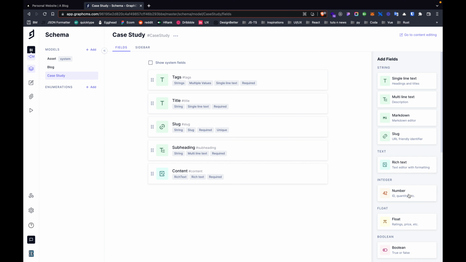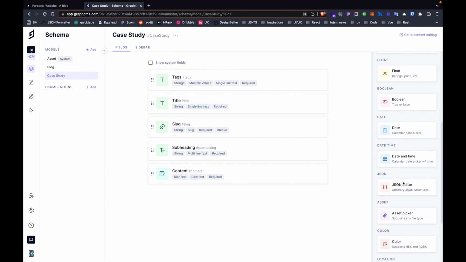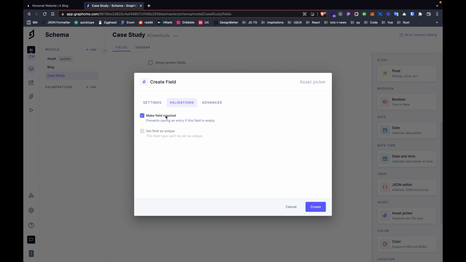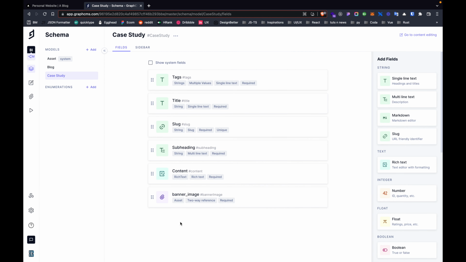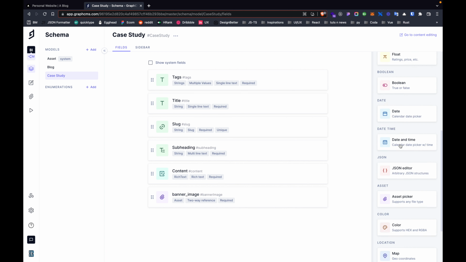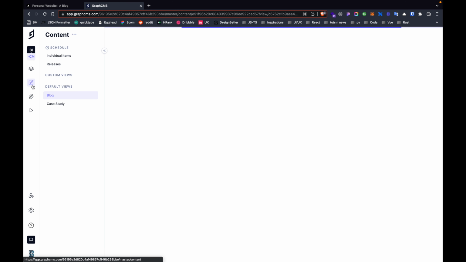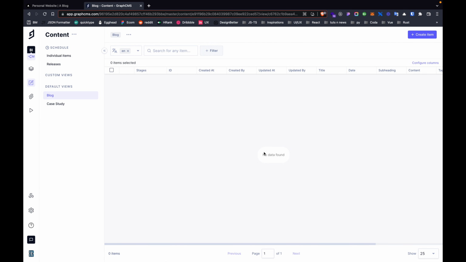So for a banner image, like we did before, let's go ahead and grab asset picker, and let's call this a banner image. And this can be mandatory fields, and let's go ahead and create it. So now after creating all the models and all the fields that we need, we can move ahead and create some contents. All right, so let's go to contents,